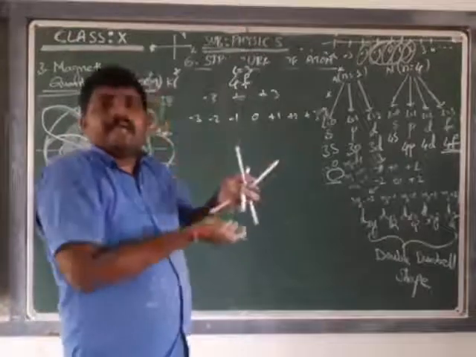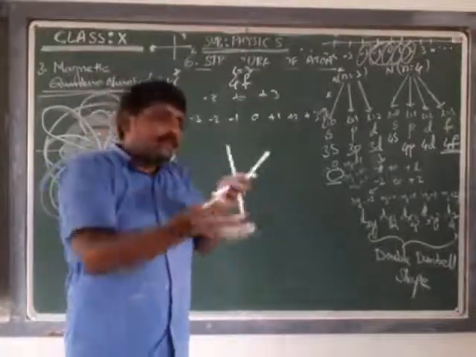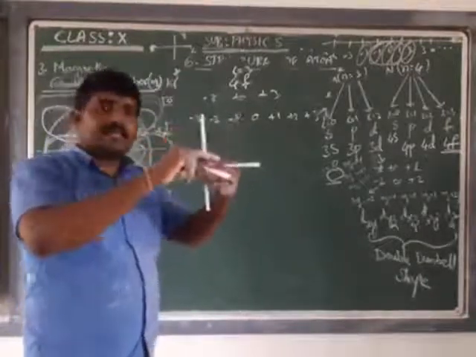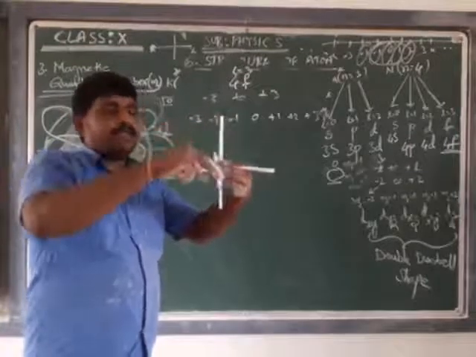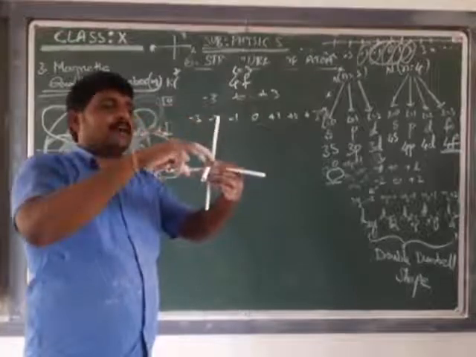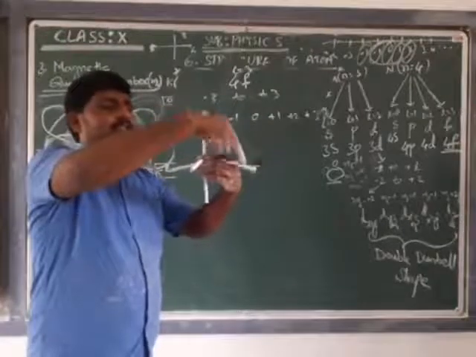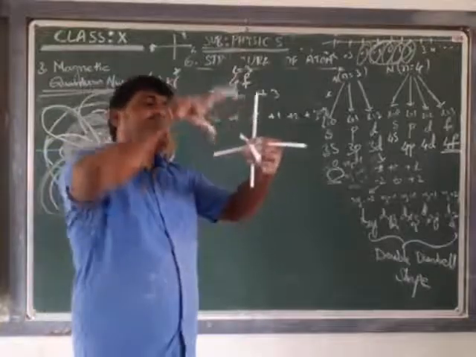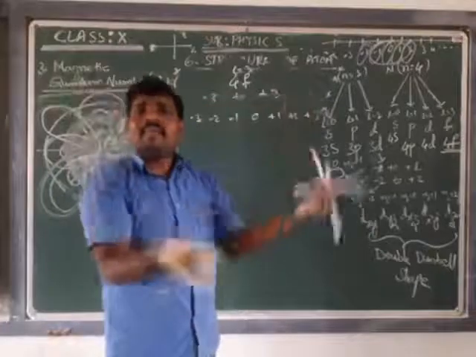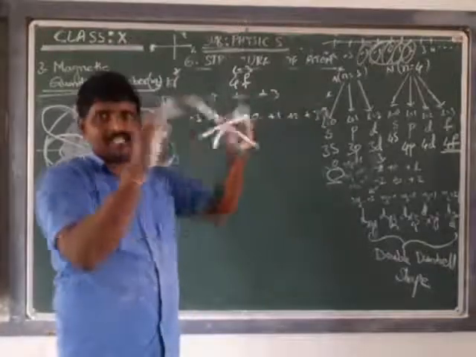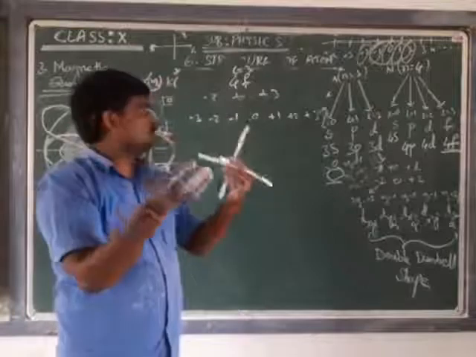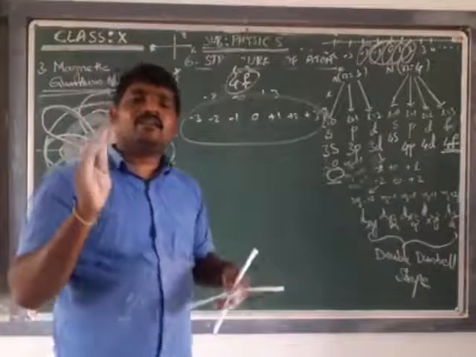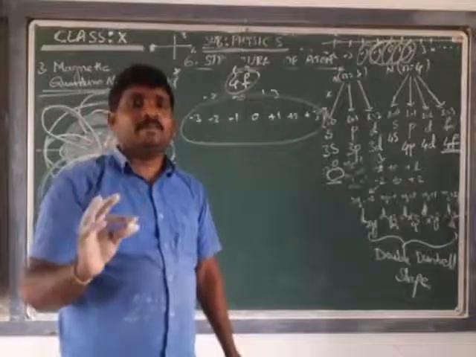shape. The remaining space in the atom, the remaining empty space, see, we have a 1s sphere, 2s sphere, 2p, 2px, 2py, 2pz. Upon that 3s, 3px, 3py, 3pz. Upon that 3d. After that again 4s, 4p, 4d. Remaining space will be there, no? That empty region in the fourth shell, the remaining space, is considered as the F orbital, where the F orbital does not have any respective desired shape.